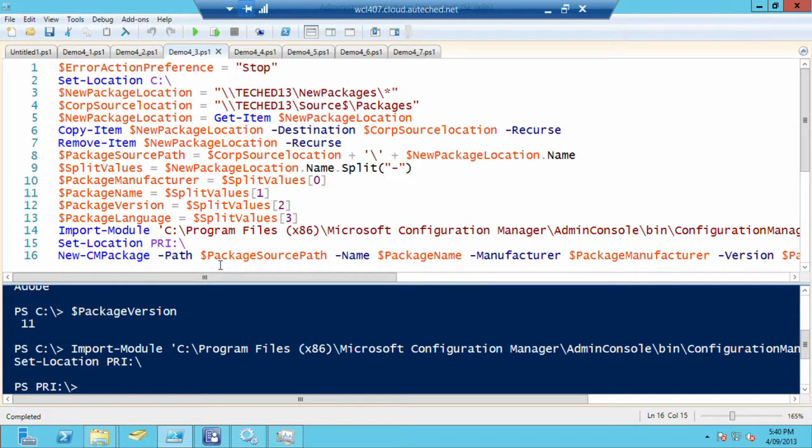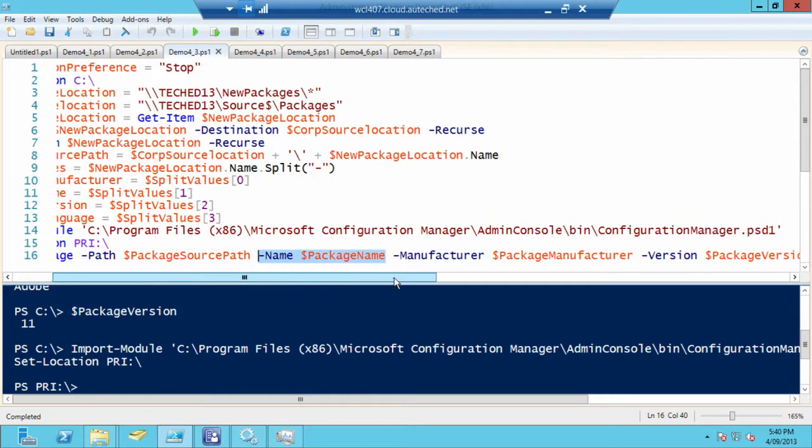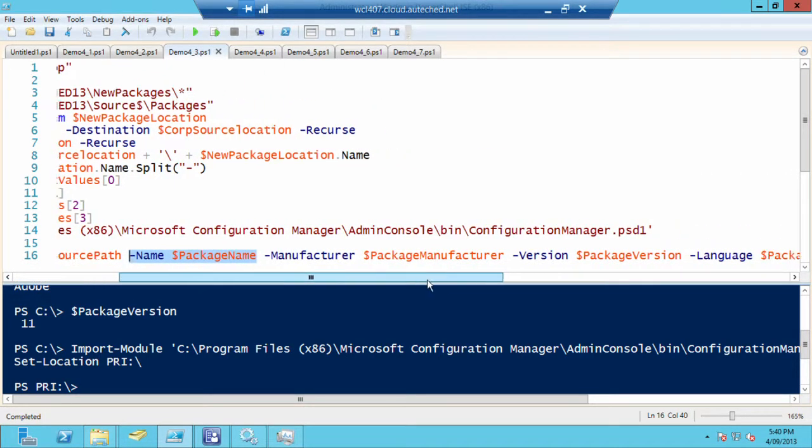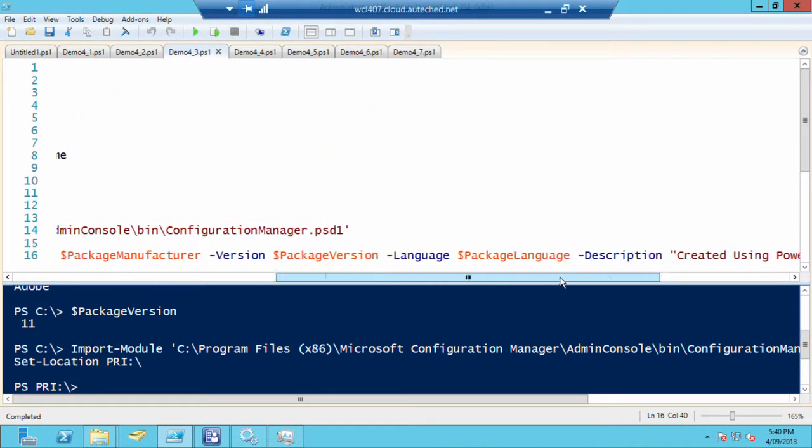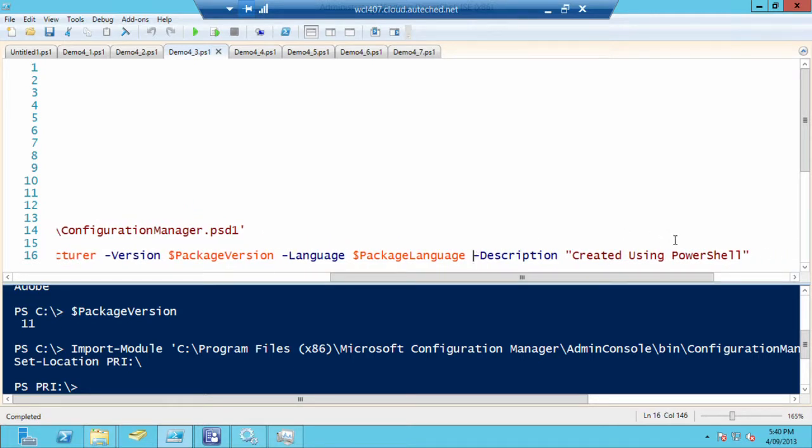First thing we want to do is set a path, so this is going to be the directory where our package is stored, and that's our package store path, which is another variable that we stored up here. All we've done is called it the corp source location, which is our packages directory, and then the folder name. The next thing is we give the package a name. It's going to be called package name, which is going to be Adobe. We've got our manufacturer, our version, our language,